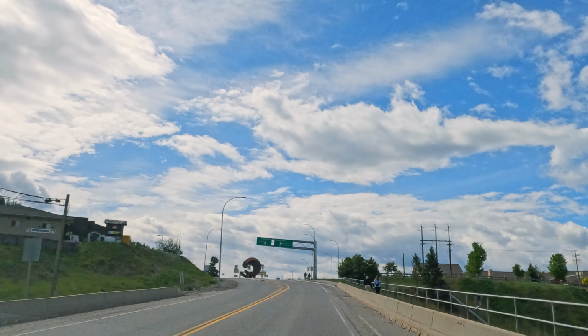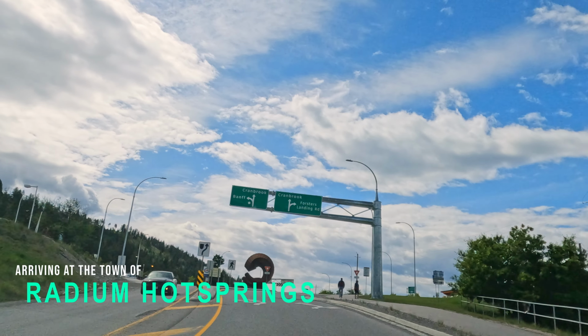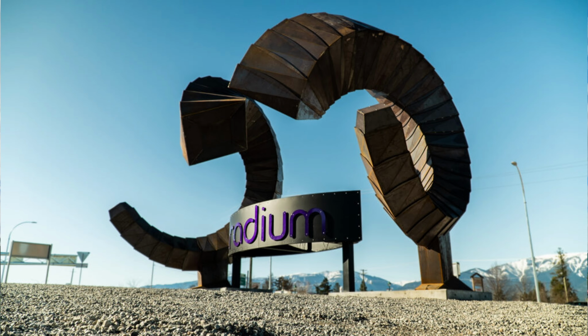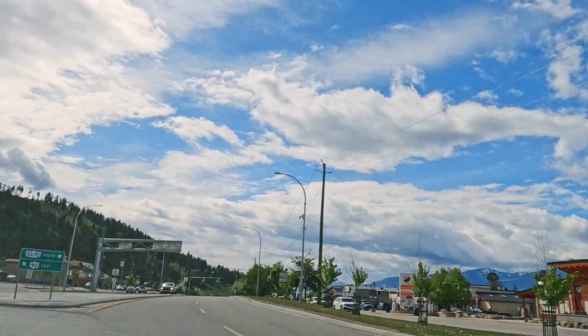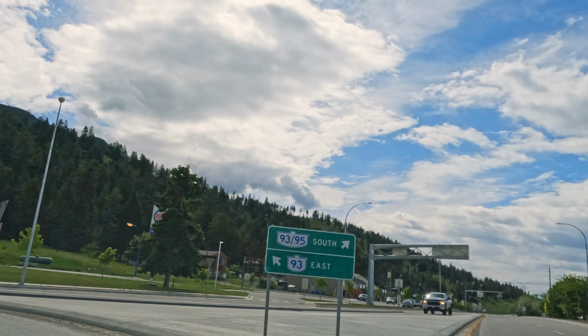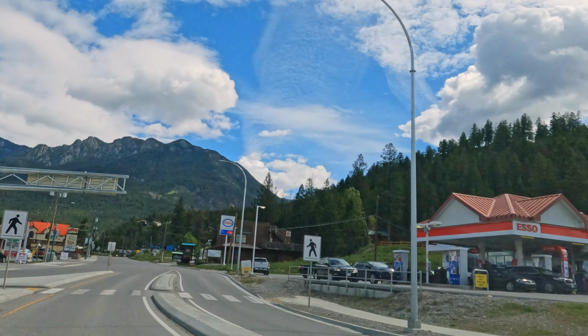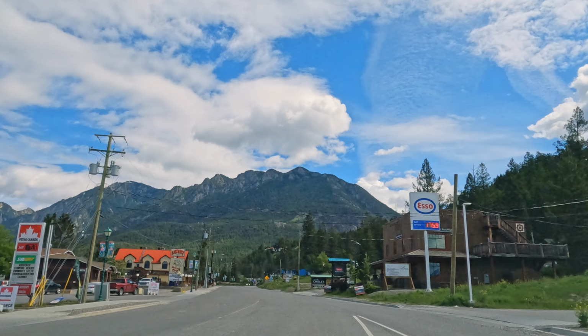As we approach the town, we are greeted by the Big Horns, a remarkable sculpture that stands tall at the entrance of Radium Hot Springs. Created in 2021, this imposing steel artwork pays homage to the local herd of bighorn sheep that call Radium Hot Springs home. The sculpture features a set of the sheep's distinctive curved horns, reaching 20 feet in height and spanning